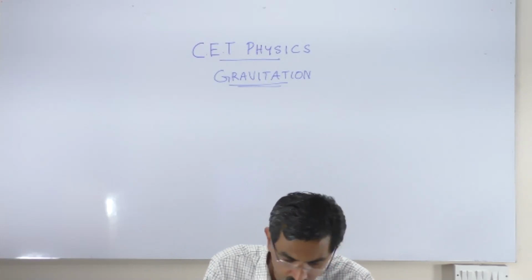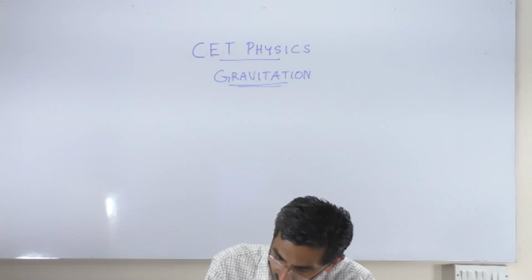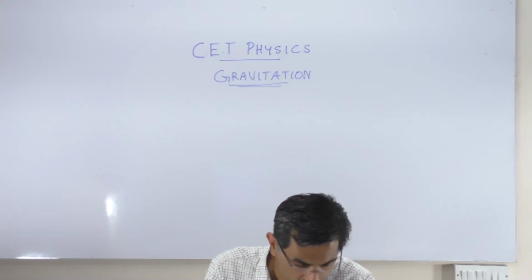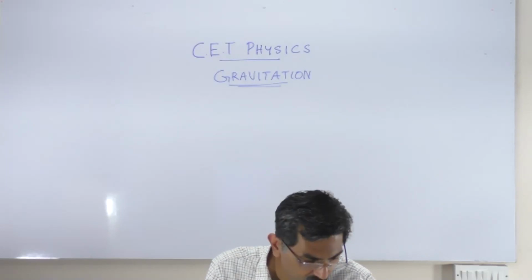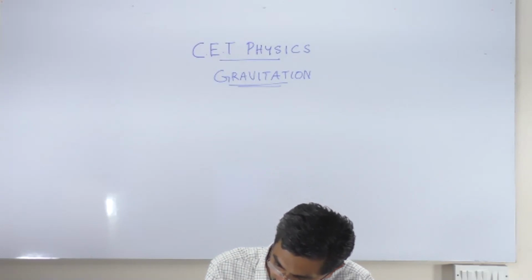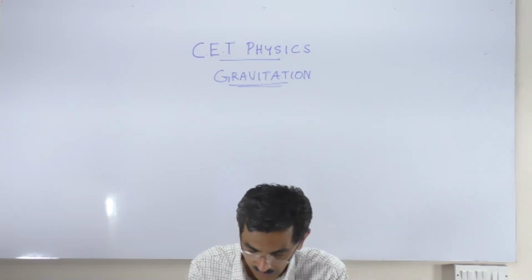and we use the value of G to be 6.67 into 10 to the power of minus 11, and the units are meter cubed per kg second square, and the mass of Earth is 6.4 into 10 to the power of 24 kgs, and the radius of Earth is 6,400 kilometers, which is 6.4 into 10 to the power of 6 meters. So using all of these values and solving for v, you get